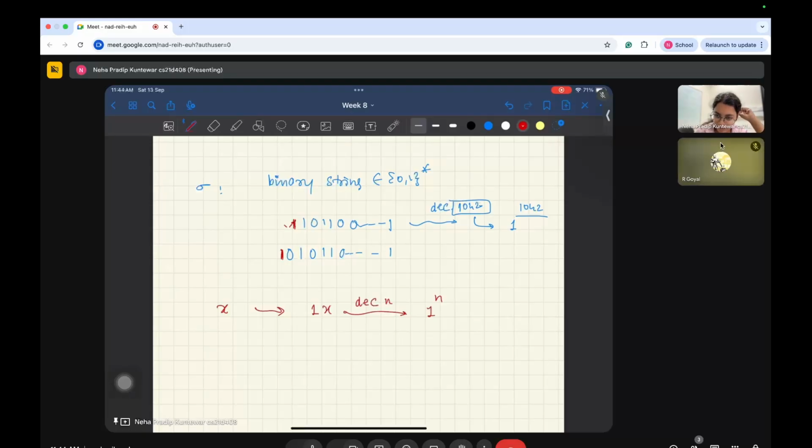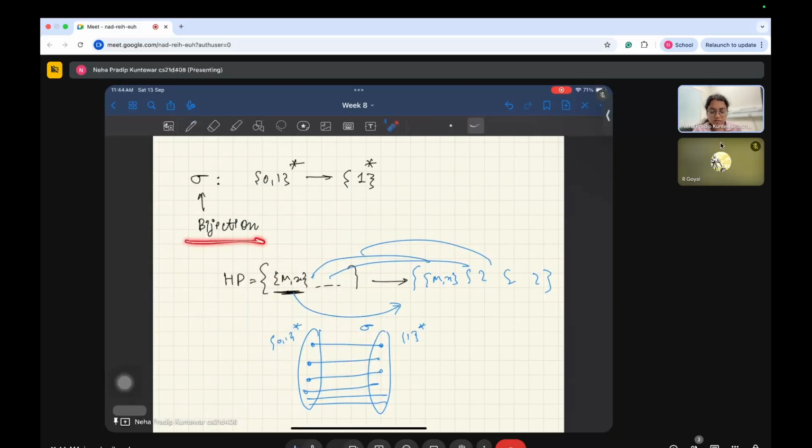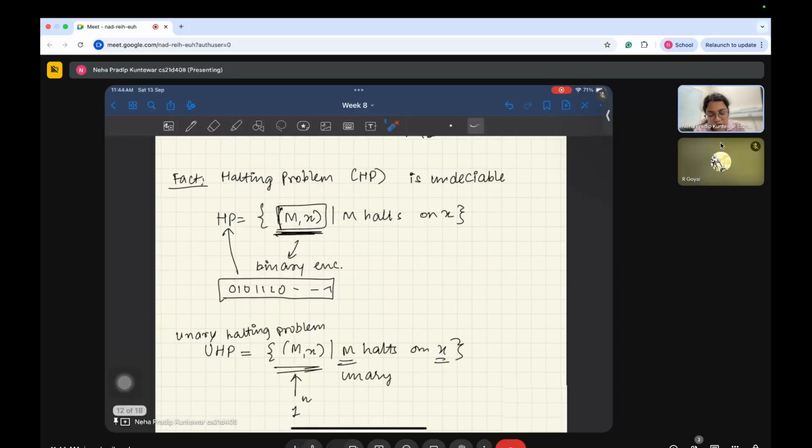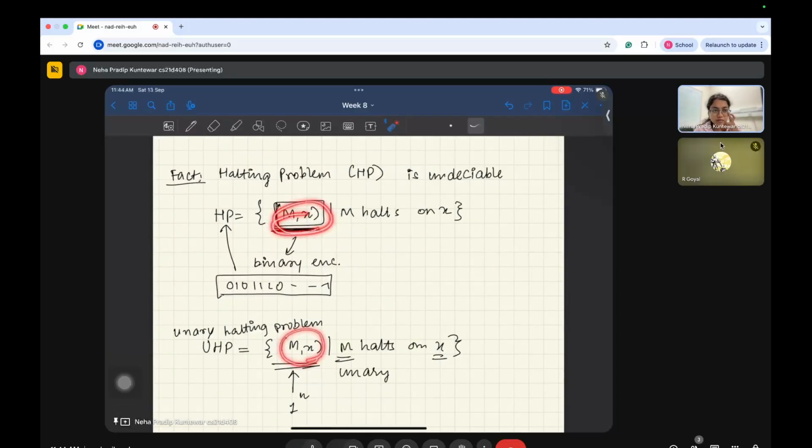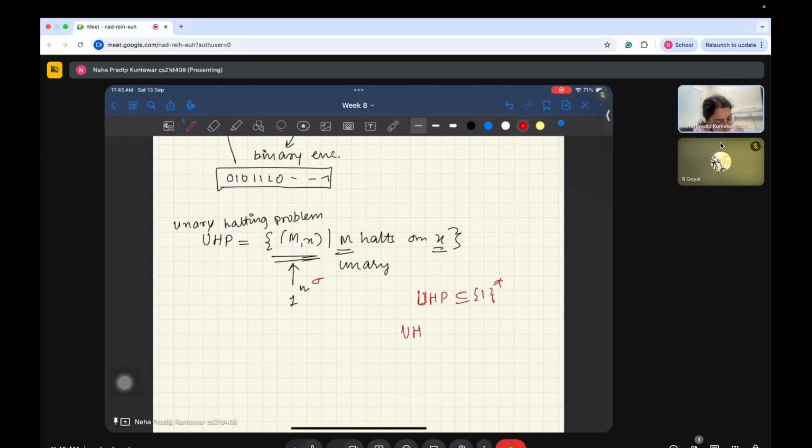Yeah, exactly. So we now know that there is a bijection from binary strings to unary strings. So then what we will do is encode this in unary, by using our sigma. Okay, so now we have this new problem, which is unary. We have a language UHP, which is a subset of 1 star, and UHP is also undecidable,